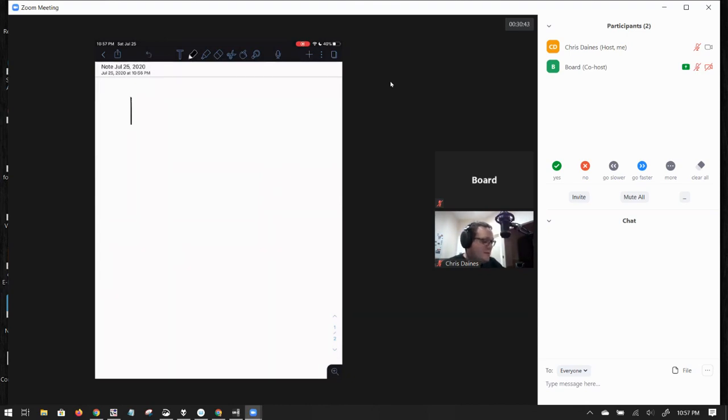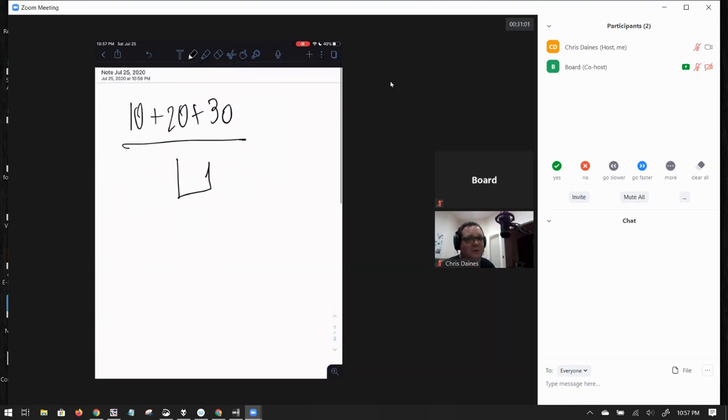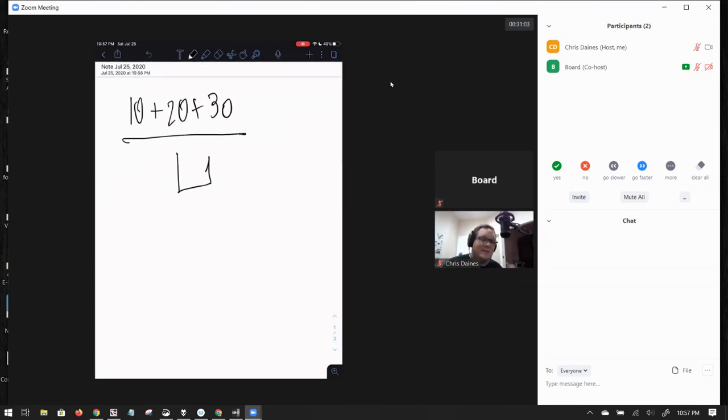So we can talk about 10 plus 20 plus 30, and I can annotate and talk and have a math talk as we go. Every app is going to be different. This one just allows you to scroll down to a new page every time you're ready for a new page. Super useful. You can also save these for later. If you wanted to set things up in advance, you could import. You could also